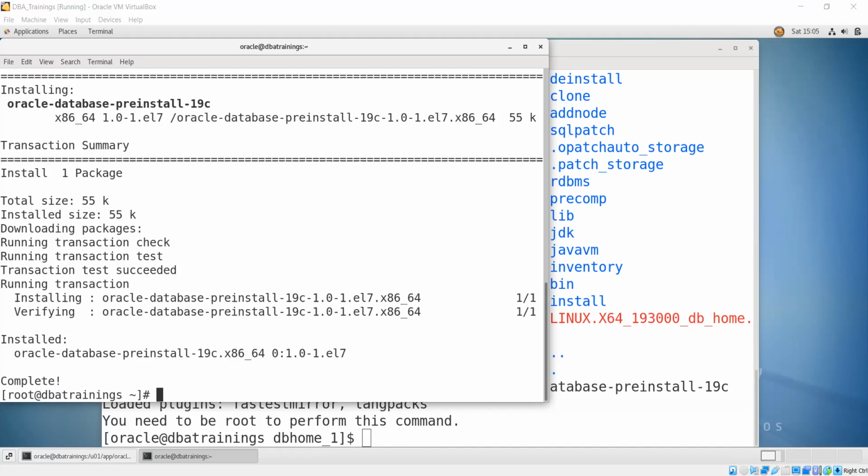If you are using Red Hat or CentOS, you need to pick up the RPM from the Oracle Linux repository, and it will take the dependencies from your normal repository. Anyway, it was good that it was not available, because that's where we learned something new, how to install with another repository. So now it is installed. We are ready to work, and let's go for the installation now.